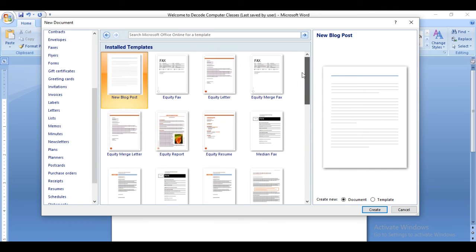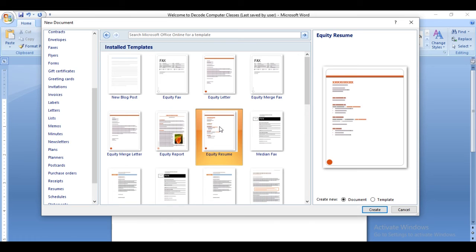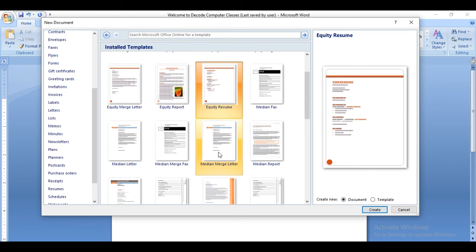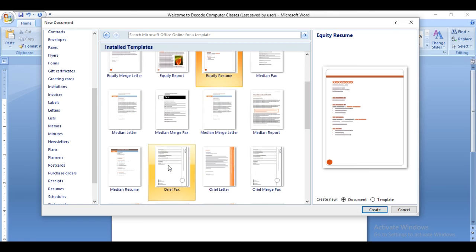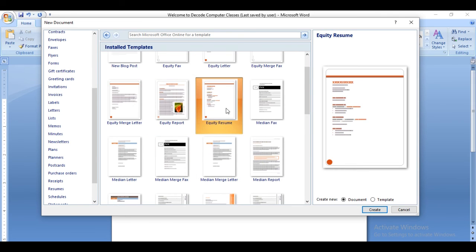These templates have some pictures and different settings. So let's opt for any one of the templates. Let's select this one. As I told you, this template might be used for a resume, for any report, or any other letter, official letter. So this way you can utilize these templates.